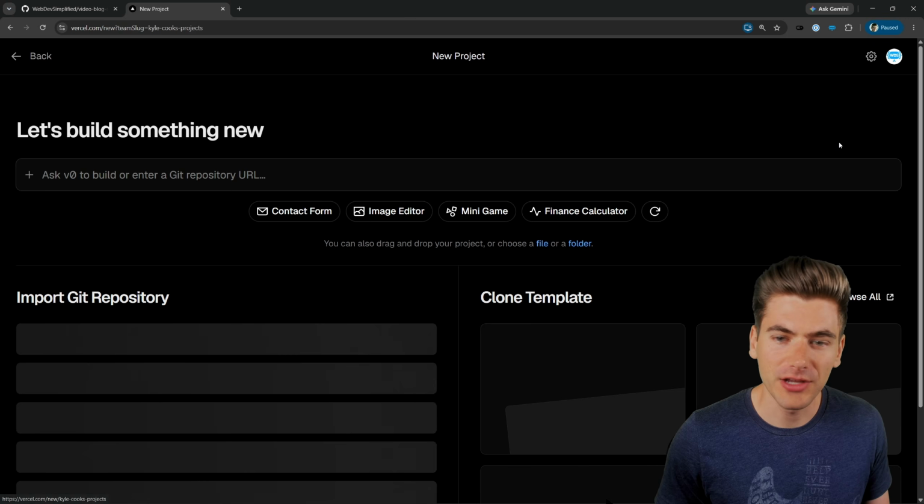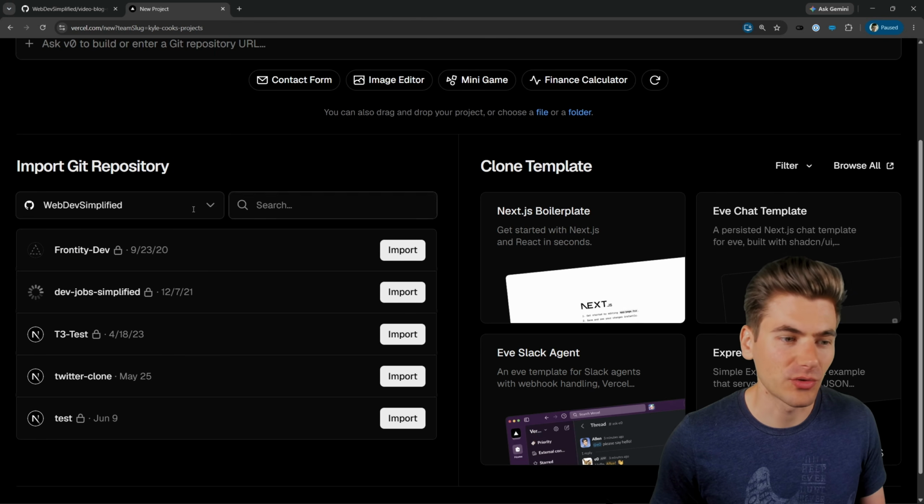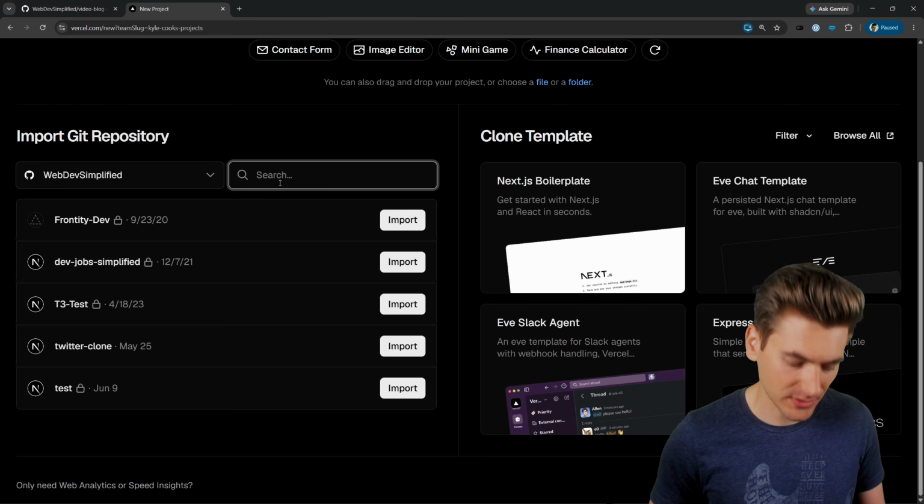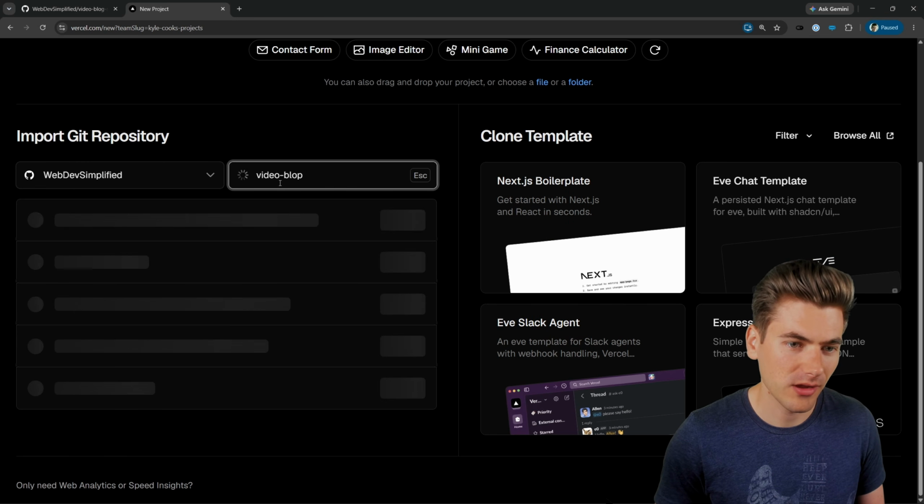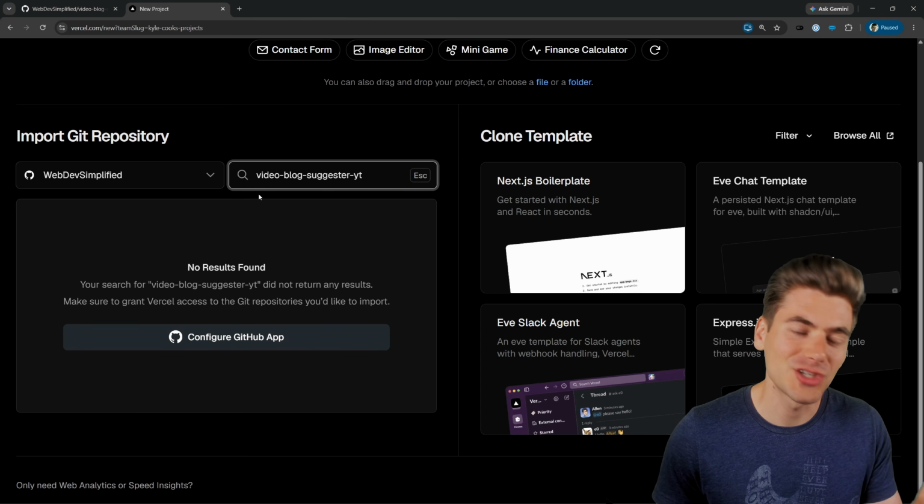We're going to create a brand new project. So let's add a new project here. And this is where we want to import from that repository. Now, in our case, if I were to search for video blog suggester YT, it's not going to show up, and that's because I've configured Vercel to only have access to specific